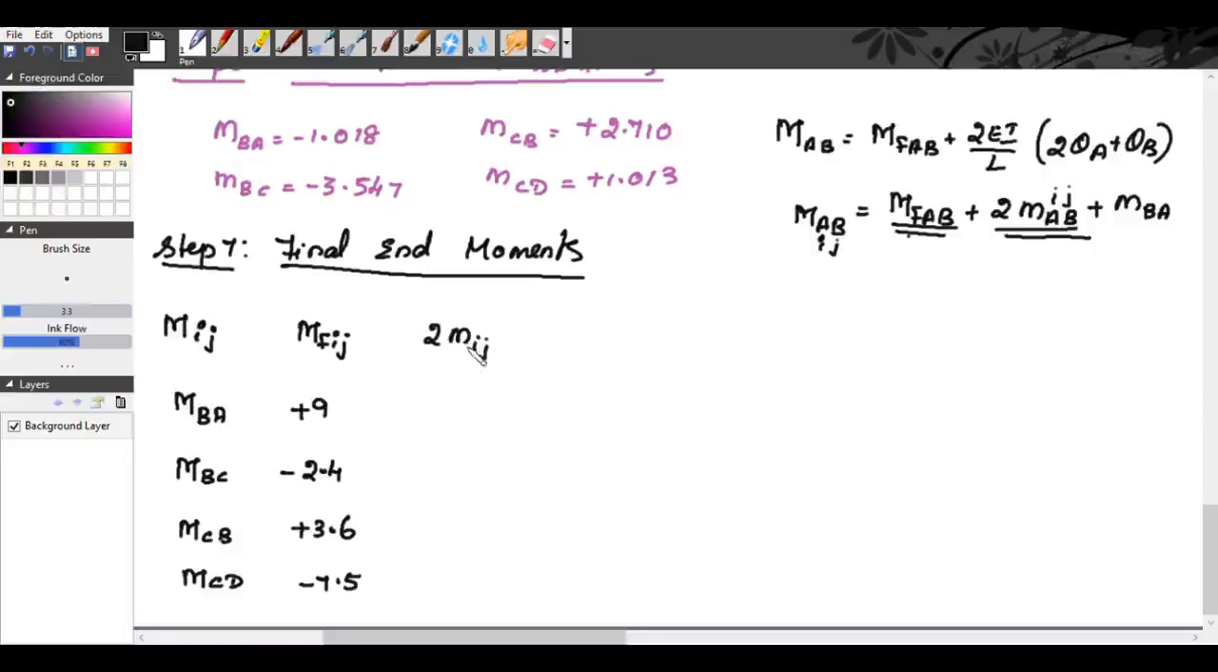We have to find what is 2 MIJ. That is, A is I, B is J. So we will write MBA. MBA is minus 1.018. So 2 MBA: here I is 1.018 multiplied by 2 we get